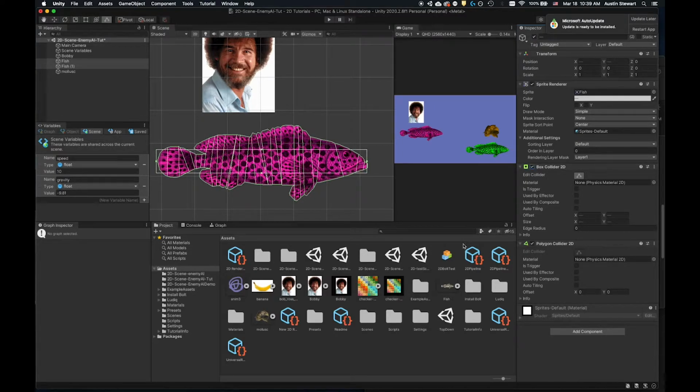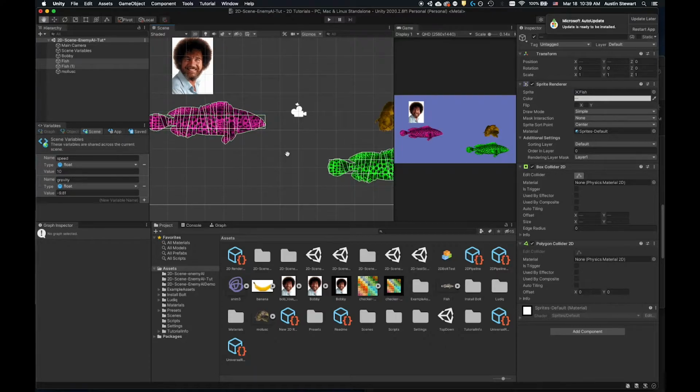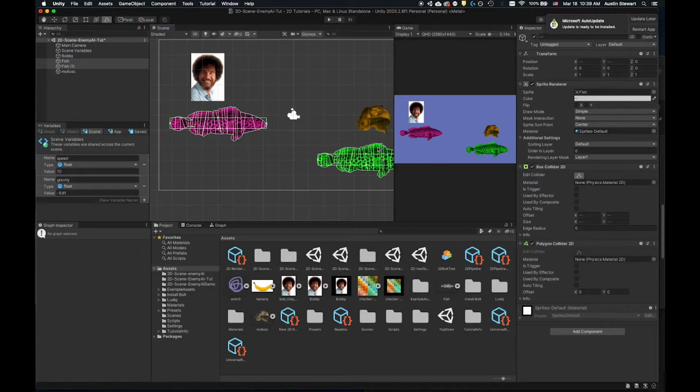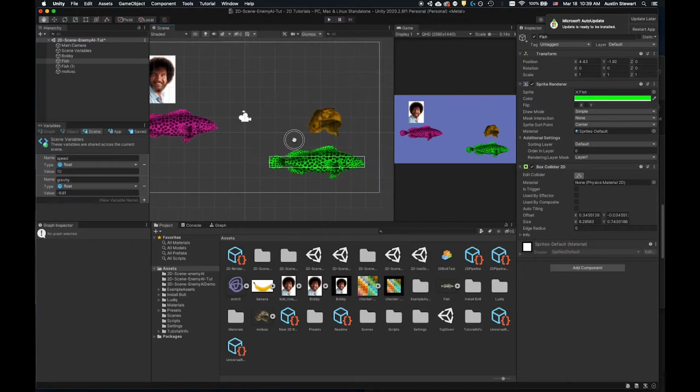Now, what we could do is end up creating a composite collider, but we're not going to talk about that in this example yet. So, okay, that's just another way that you can actually use this. Oops, and I unintentionally applied it to both of these. So I am going to select this fish, and I'm going to delete the polygon collider,